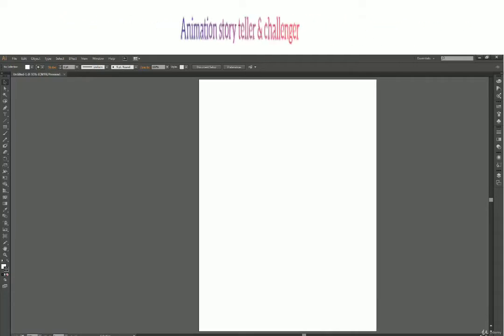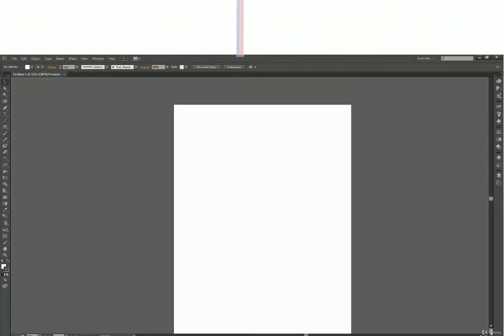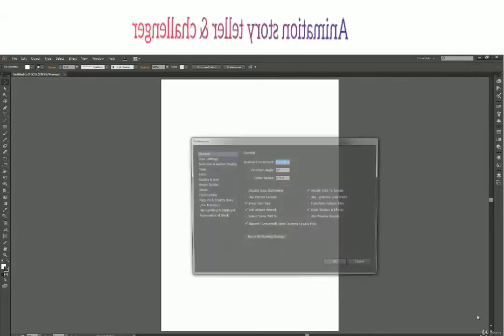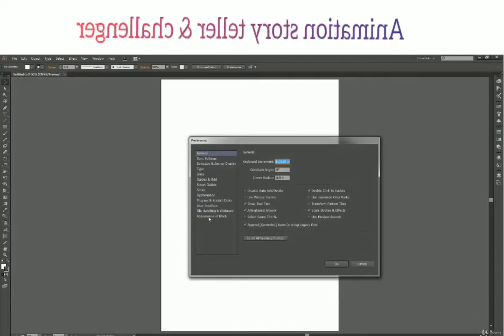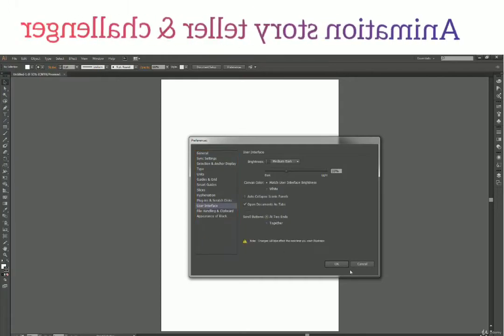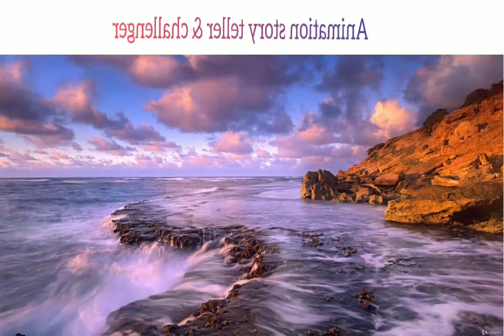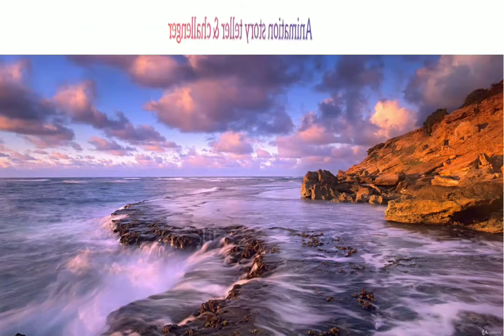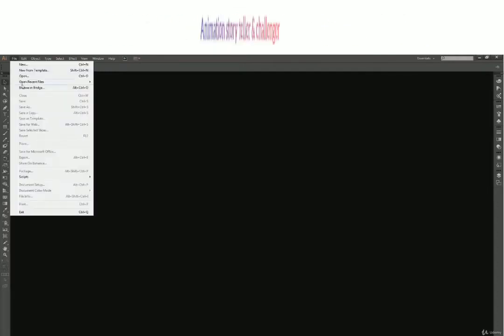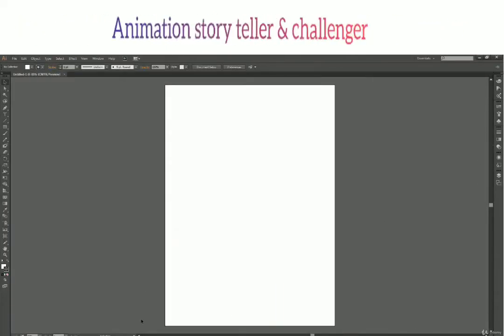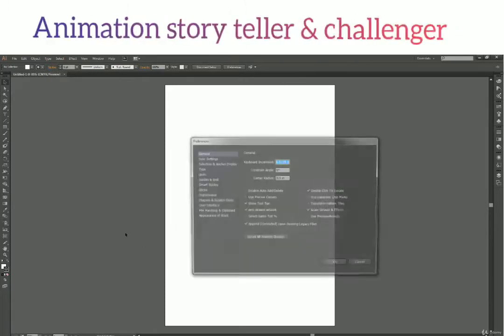This is for left, this is for right, this is for up, and this is for down. Now I don't like this kind of layout for scroll buttons, so I'm just gonna go and switch back to this. So again I have to restart the Illustrator for that. That's absolutely no problem. And I just restarted it, and so we have our scroll buttons back in position. That's perfectly fine.